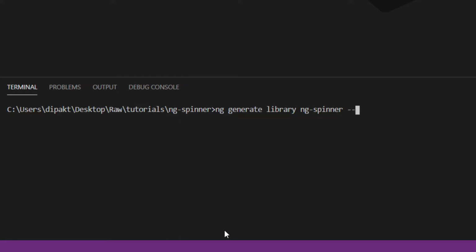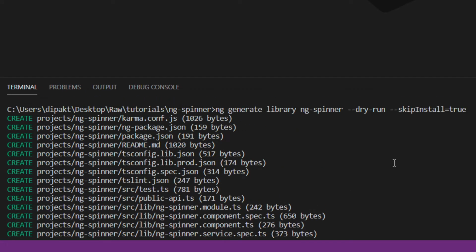This time we are also going to check it with the dry run. This command with the dry run will show us which files will get created.